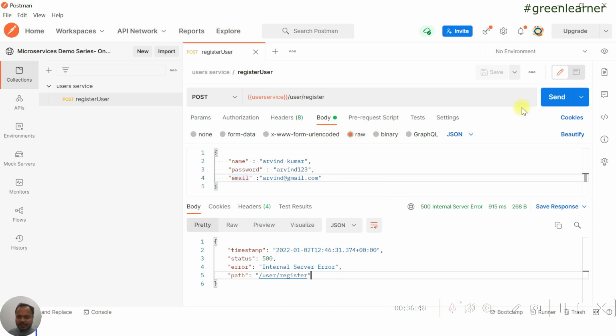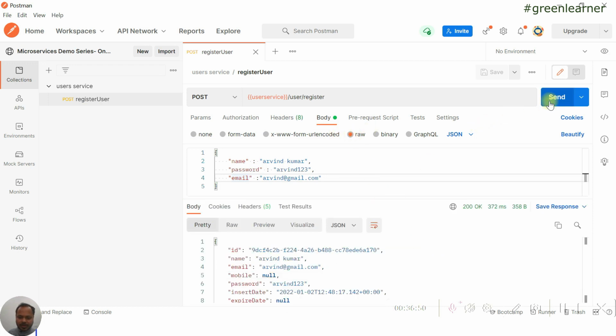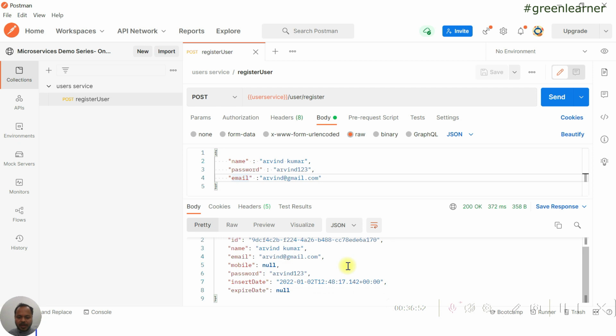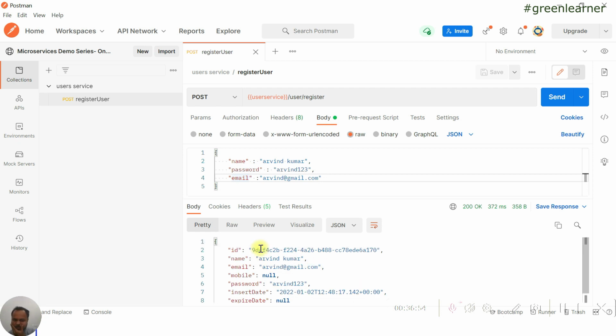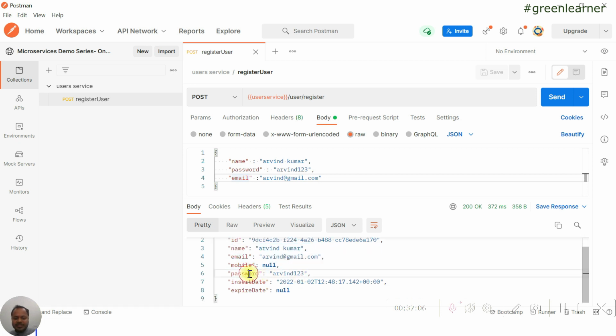So in Postman, hopefully it should work this time. Yeah, we can see it is working, right? We did not give the id here, but we are getting it because it was created at runtime by the system itself. Name, email, mobile, all these fields are saved in the database. The password also is stored, but this is not the practice.